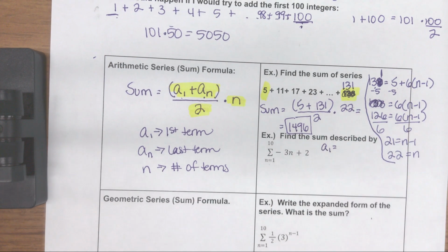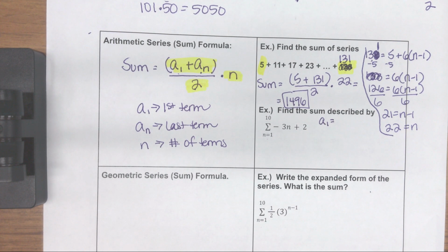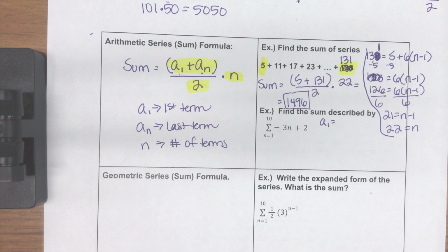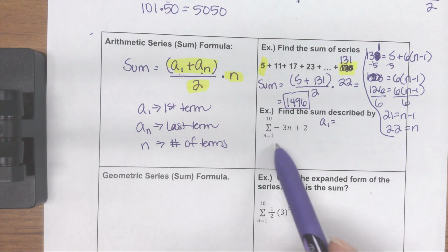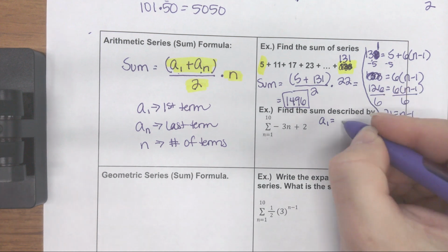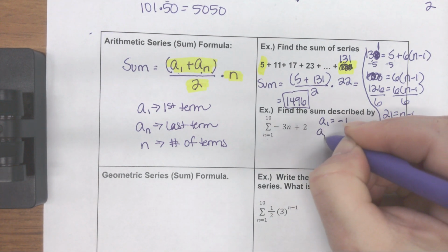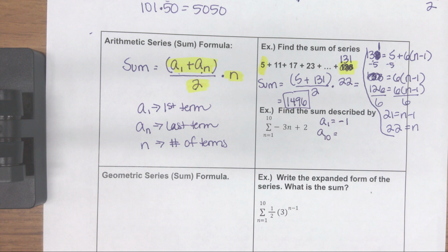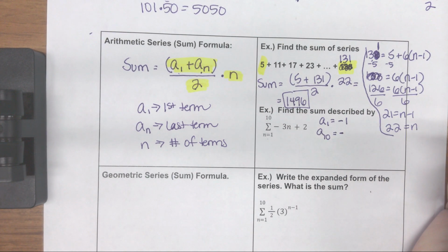Would you plug 1 into that formula and tell me what you get? If I plug 1 into this formula, all right, we get -1. I also need the last term, so let's plug 10 into the formula. -30 plus 2 is -28, and 1 to 10 tells me